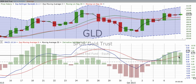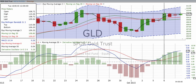We do see the derivative oscillator is losing some of its energy. We do see that the MACD appears to be getting closer together between the signal line and the moving average convergence divergence, but that has not yet happened. So we cannot call it a down market. Our large chart, the 2-day chart, is up. The 4-hour chart is up, but we are watching cautiously because we have a ceiling that has formed